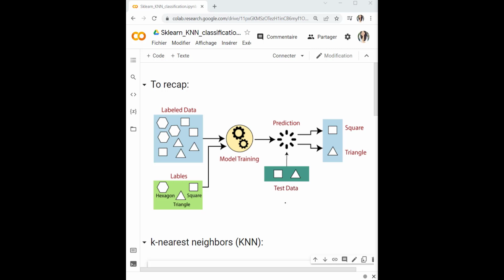But before that, let us do a bit of a recap of what you have already seen in the previous videos or lessons. Okay, so let us start with what is supervised learning. In supervised learning, the machine receives data that are characterized by a variable x and annotated with a variable y. In machine learning, we call x the features and y the labels. In supervised learning, the goal is for the machine to learn to predict the value y according to the features